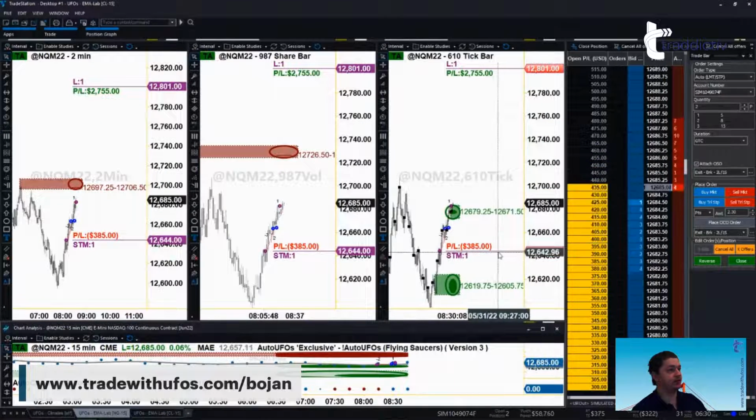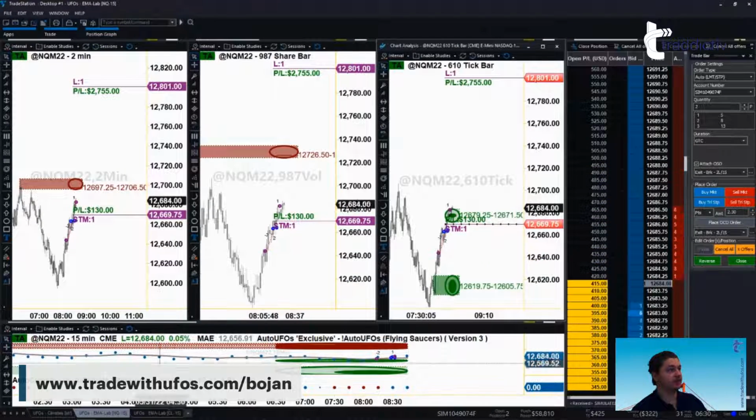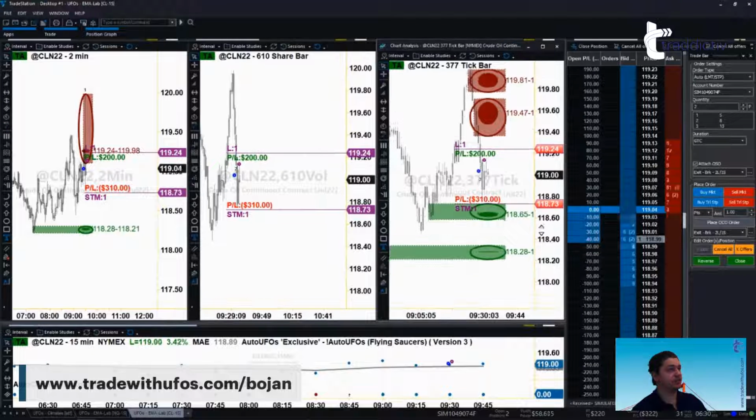There we go. We have a new UFO here. Let's move that stop there. So that's safe and definitely profitable. This one, I feel like it did like,